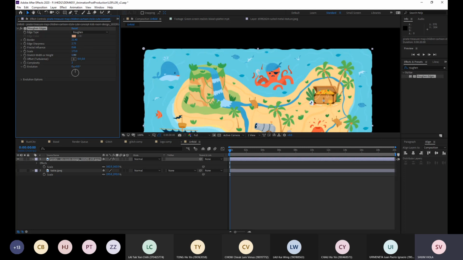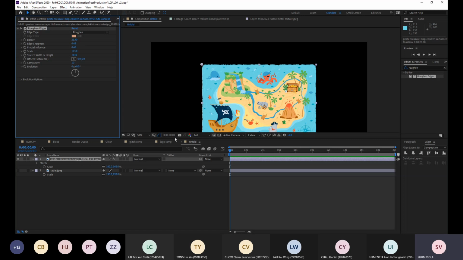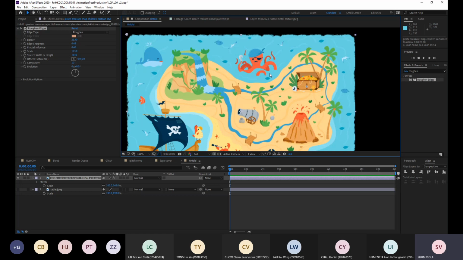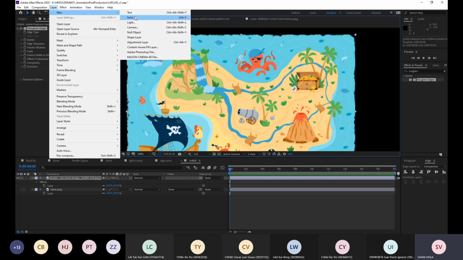So you can adjust whatever you want, to make it more complex, or make it smoother. 你可以用 roughen edge 整到個邊爛爛地，好似啲舊地圖咁樣。我俾啲時間大家試下整先。整好之後，我哋就會整一個新嘅 solid。